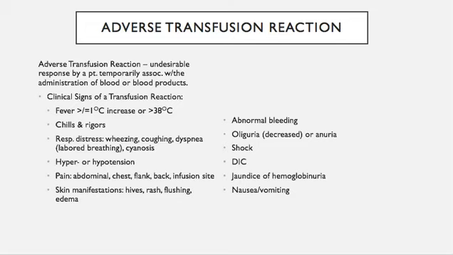Some skin manifestations such as hives, rash, flushing, or edema, jaundice or hemoglobinuria, nausea or vomiting, abnormal bleeding, oliguria or anuria, so either a decrease or a cessation of urine flow,